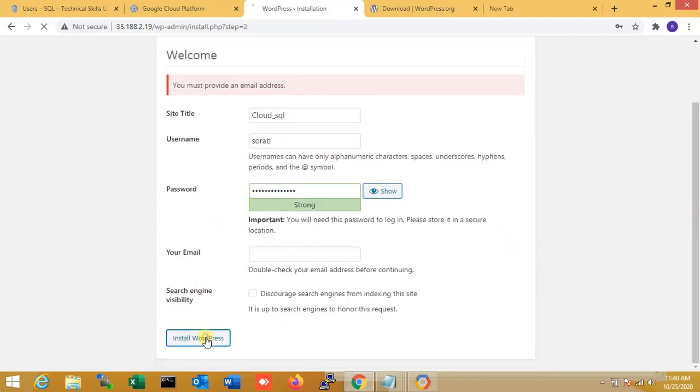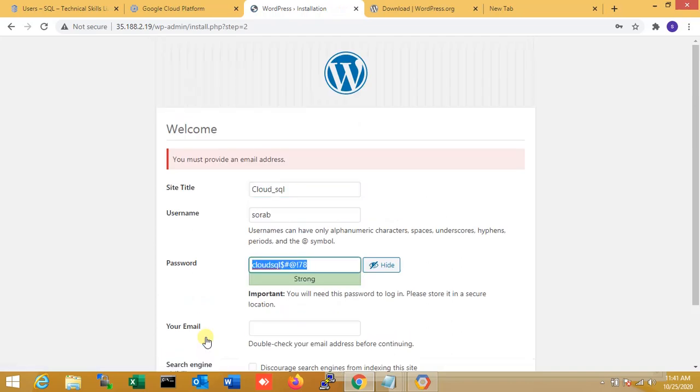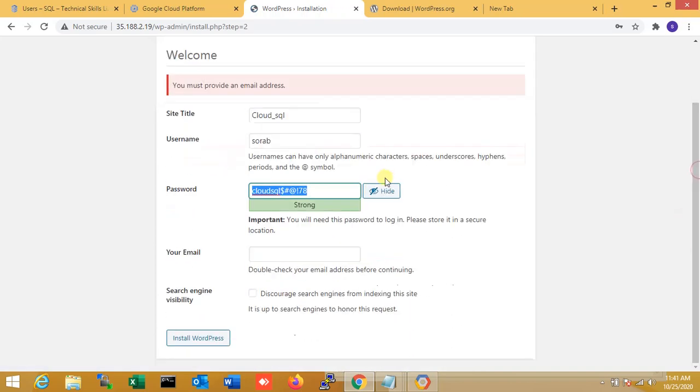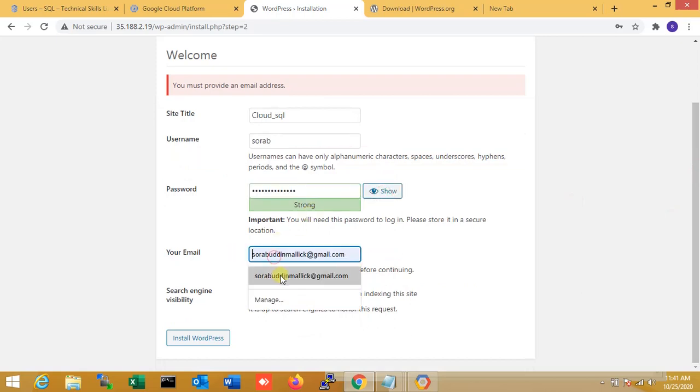So once again install WordPress. You must provide the email address, right? So okay, just type the email address. So title Cloud SQL, and username Saurabh, and password also done. So now I'm installing WordPress.